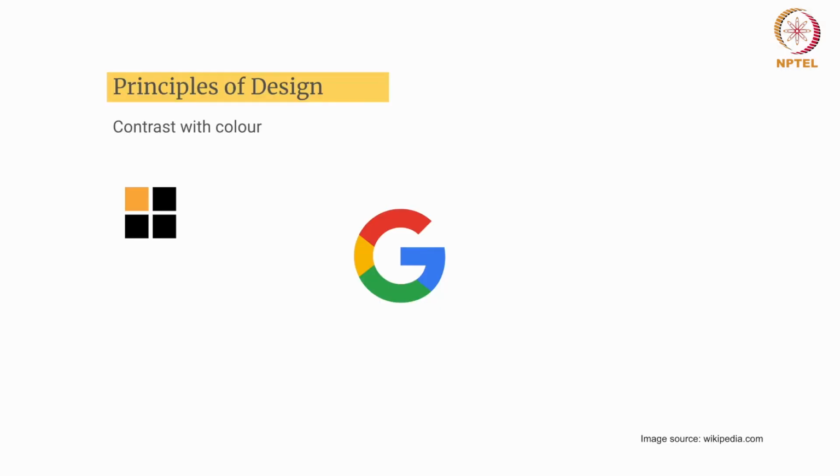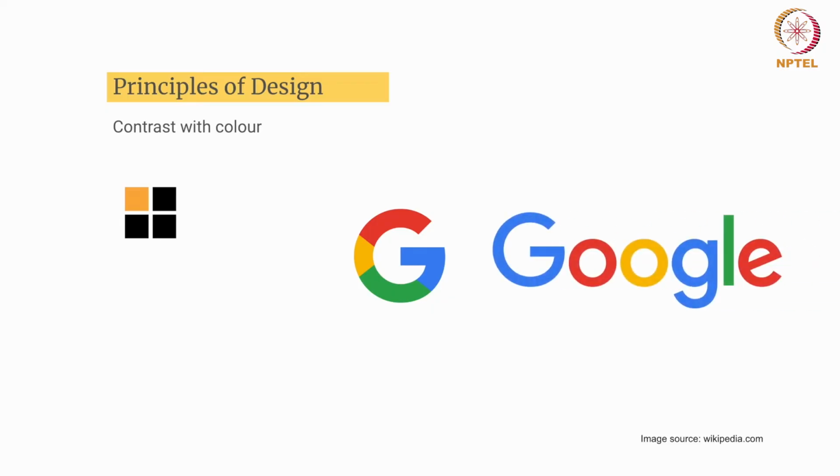Next, I'm pretty sure all of you know about Google. If you see the brand mark here, the G, it's segmented in different colors, and you can see four colors clearly identified, which are red, yellow, green, and blue. This brand mark is created using contrast with colors. And even if you see the overall logo, where you can see all the alphabets, those alphabets are used to create contrast, and that's happening because of colors as a part of the representation.